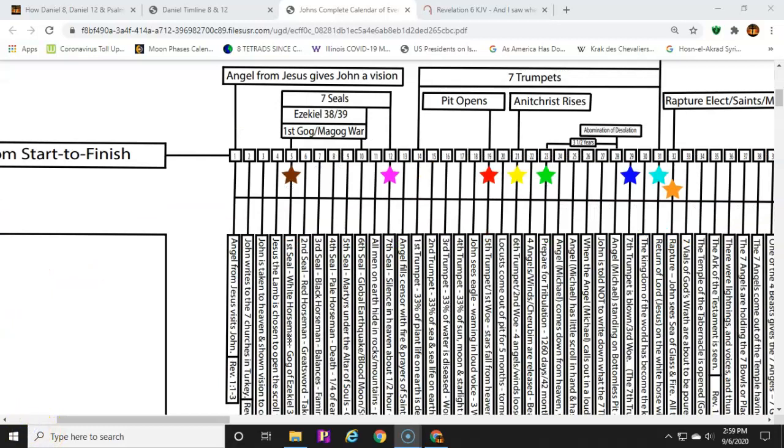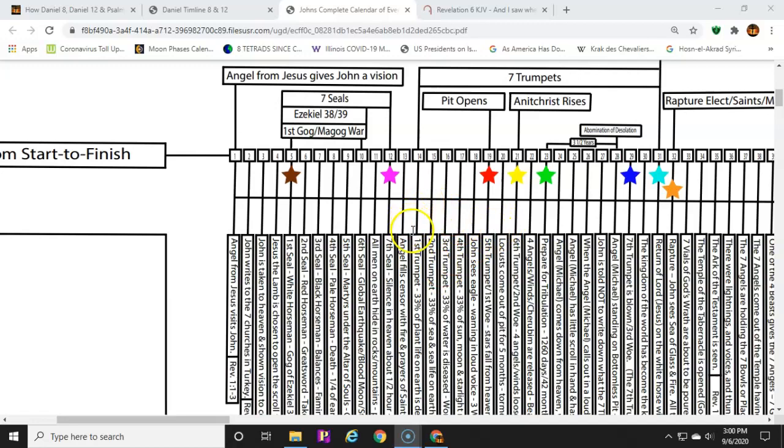So once Gog is destroyed, his 10 nations are on the ground, and they're in the process of burying these 10 Muslim armies of nations for 7 months, and we start to talk about burning the fuels and the weapons for 7 years. We start to talk about that tribulation period that we've been talking about after the signing of that 7-year covenant, because tribulation doesn't start until the signing of the 7-year covenant. So we're still in the sorrows at this time.